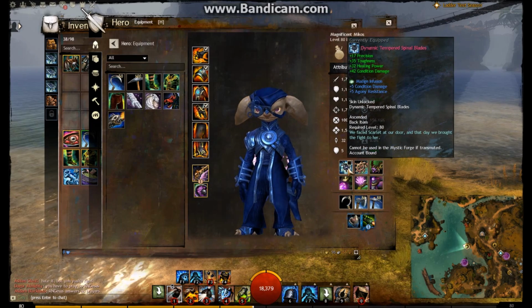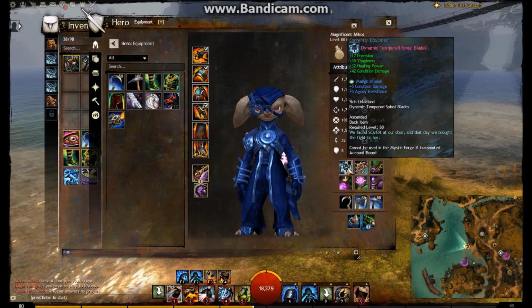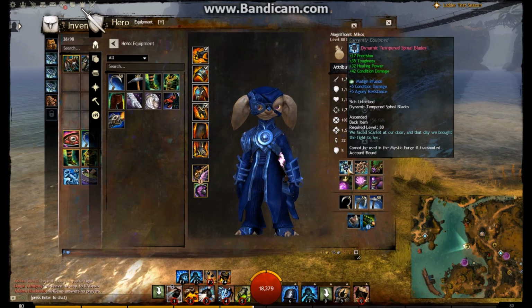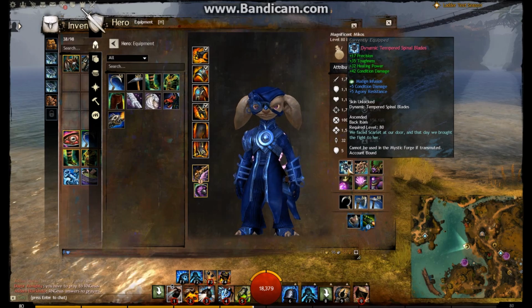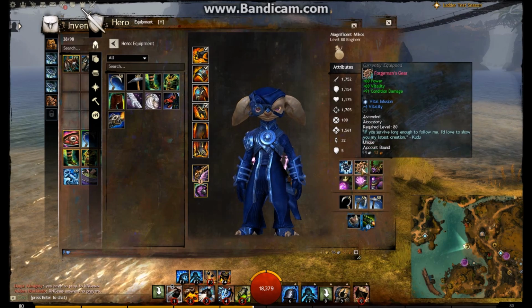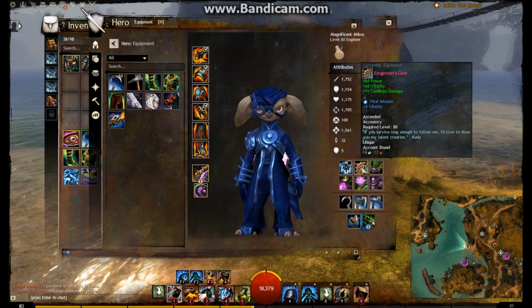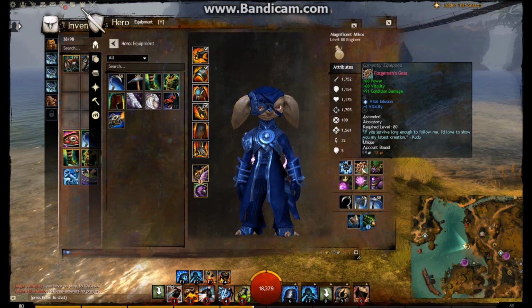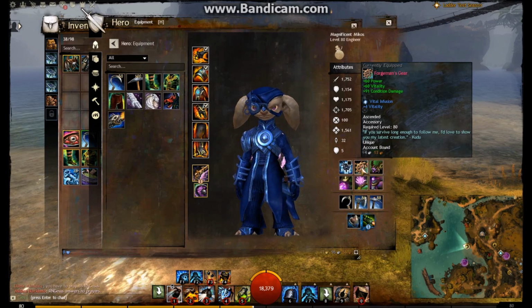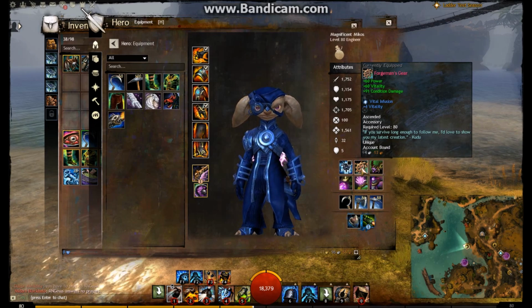So let's look at this. I've actually got the spinal blades. I don't think it's the actual top end condition damage, although I might be incorrect. But I do have an infusion on that, so I actually have 47 condition damage. We have the Forgeman's gear, which is to do with kudos and completing the Crucible of Eternity dungeon track. You get, when completing and getting all the weapons and the armor,